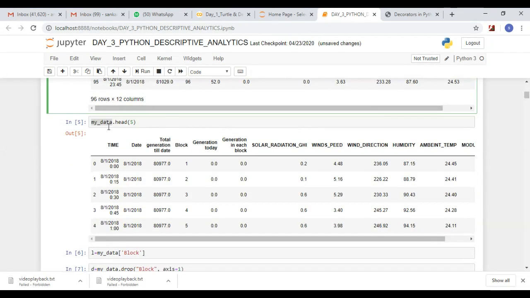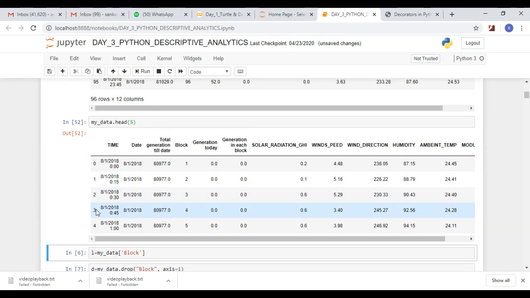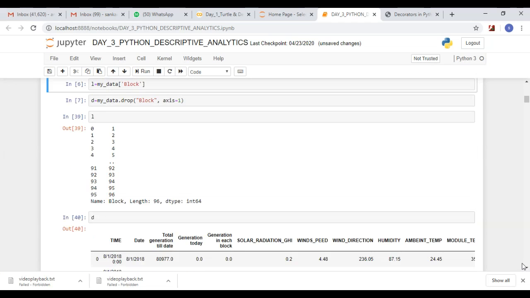See here, my data dot head of 5. See here, 0, 1, 2, 3, 4. Then I'm going to use that block, that CSV file.